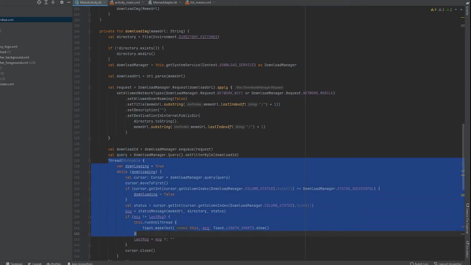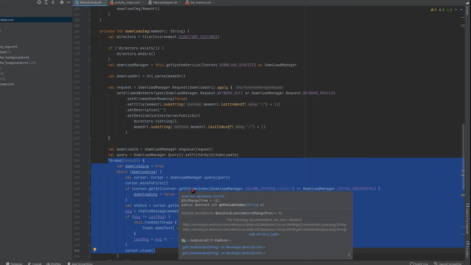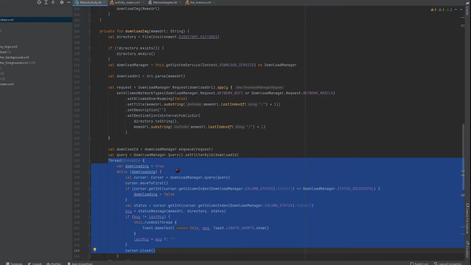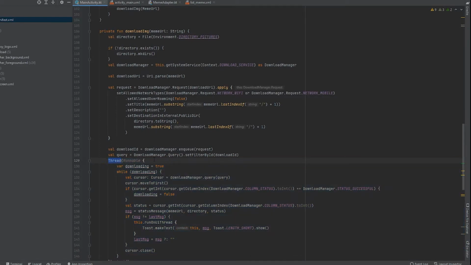The remaining thing you could see is that the downloading process happens in the background, so that the user gets flexibility while scrolling or viewing the meme. If you don't use a background thread, the user cannot do anything until the image is downloaded. So we are making it a background thread.